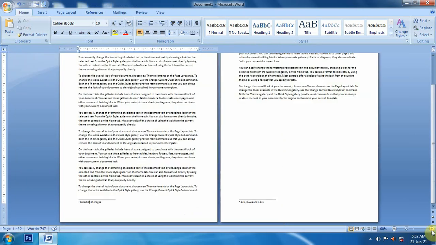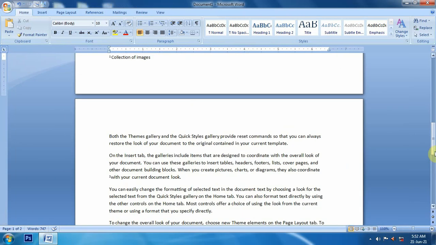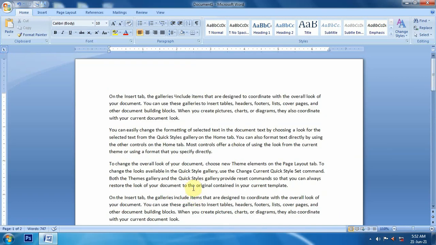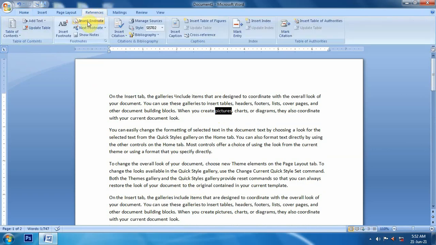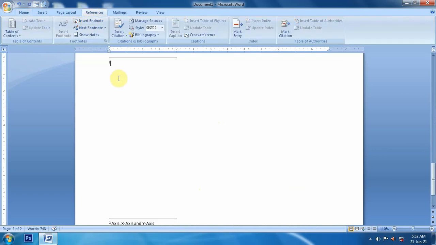Now what is the endnote? An endnote always comes at the end of the document. For example, I select this picture, go to references and insert an endnote. So the endnote will come at the end of the document.